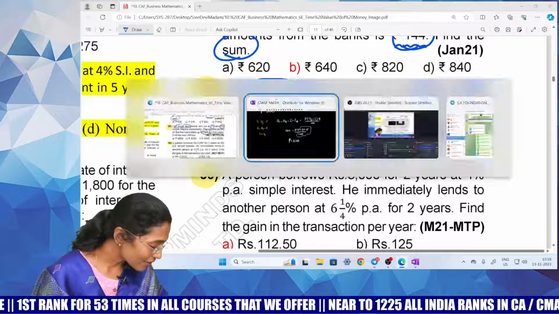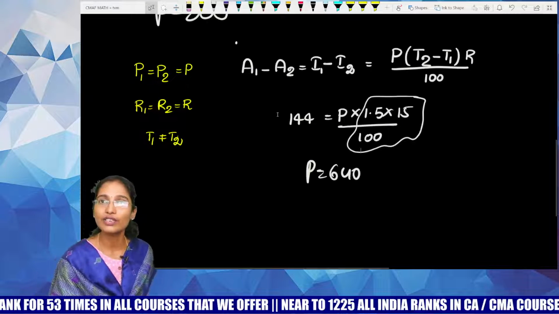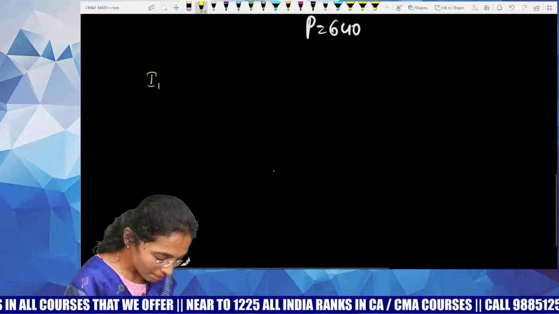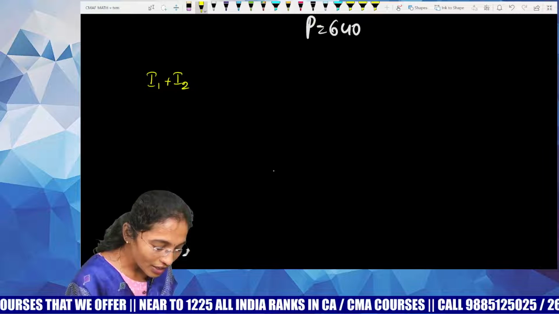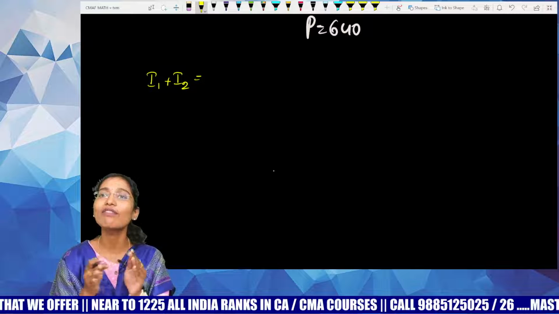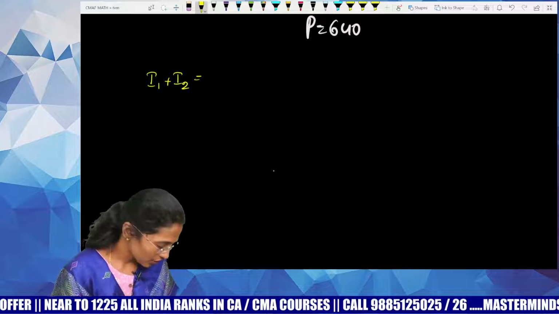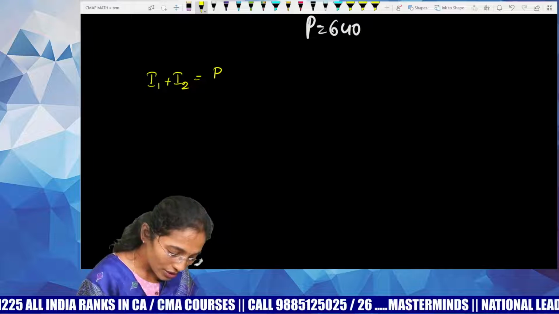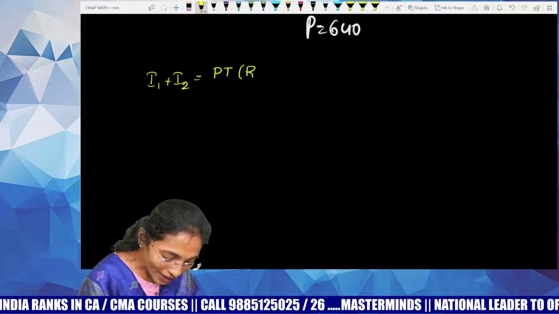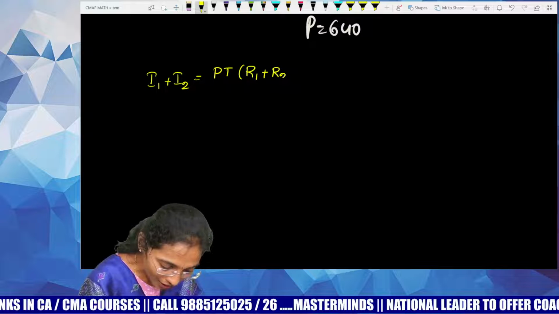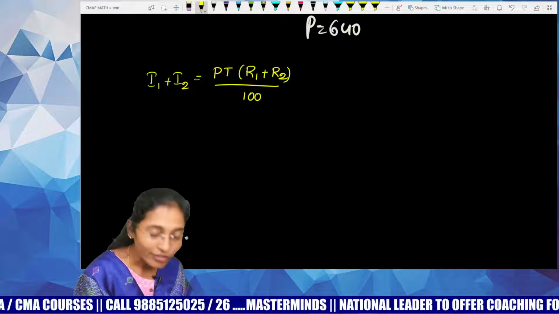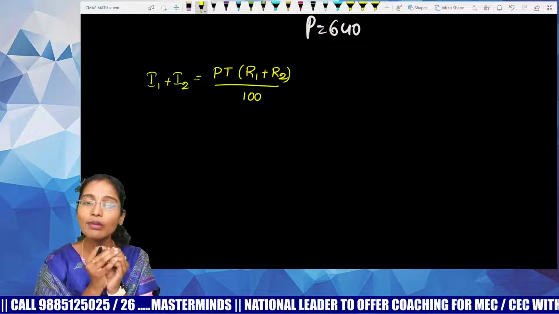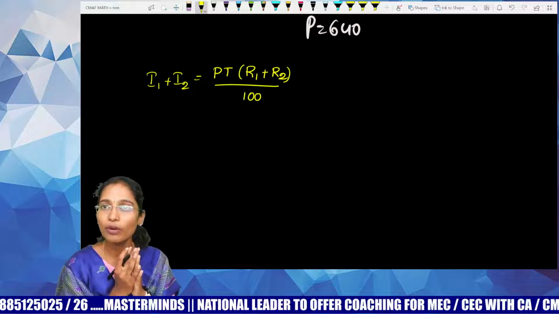So, in the previous case, we calculated the difference of interest. Now, suppose I asked you to tell me the formula for sum of interest. That's a simple task, no? Initially, we calculated the difference of the terms that are varying. Now, we'll calculate the sum of the terms that are varying. So, the principal is same, so I'm keeping the principal as it is. The time duration is also same. And the rate of interest is varying. That's why I'm writing R1 plus R2. Try to understand this. There's no need to write multiple formulas here. Just put them together and write it as one formula so that you can save a lot